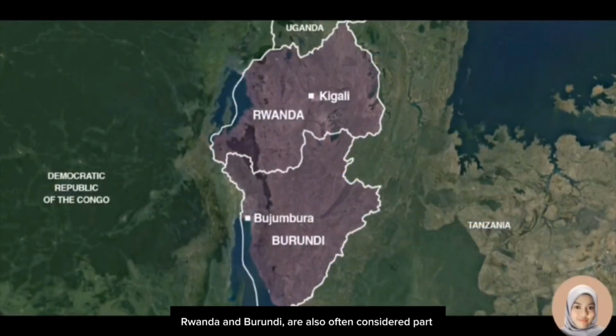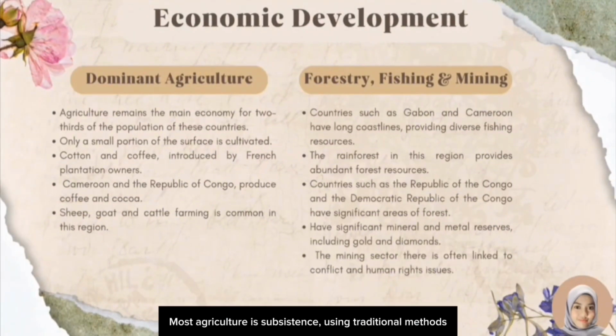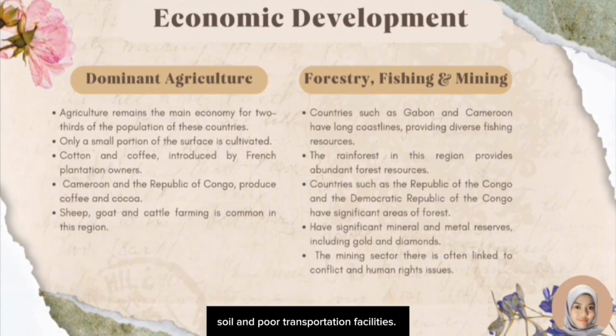Rwanda and Burundi are also often considered part of the region due to their long political and administrative relationship with the former Belgian Congo. Agriculture remains the main economy for 2/3 of the population of these countries. Most agriculture is subsistence using traditional methods to grow tropical roots, grains, fruits, and vegetables. However, only a small portion of the surface is cultivated due to the combined effect of difficult to cultivate soil and poor transportation facilities. Cash crops such as cotton and coffee introduced by French plantation owners were mostly produced on